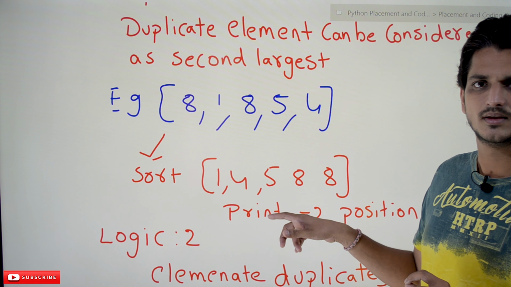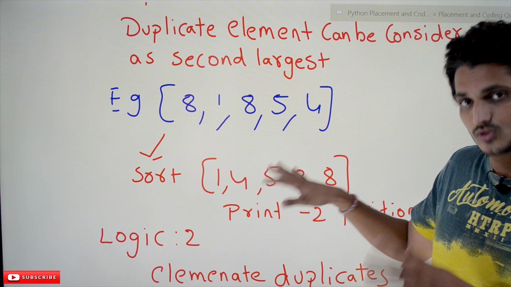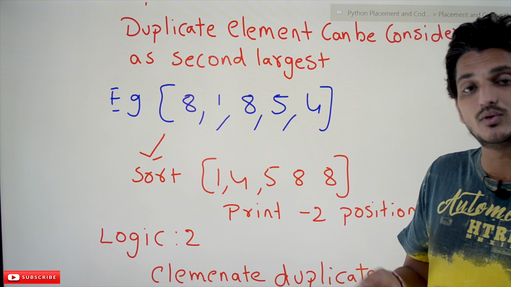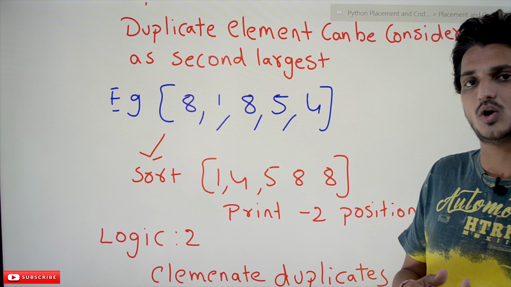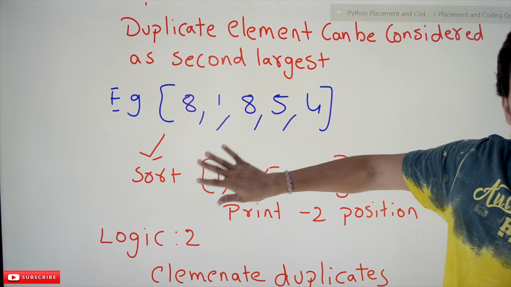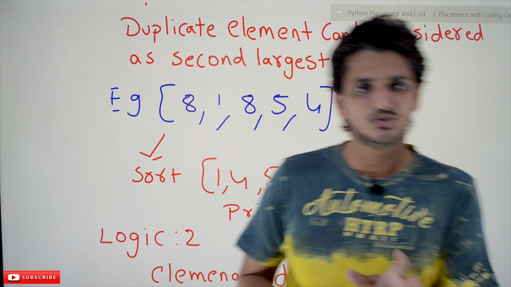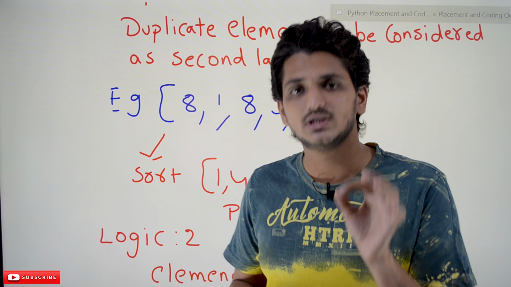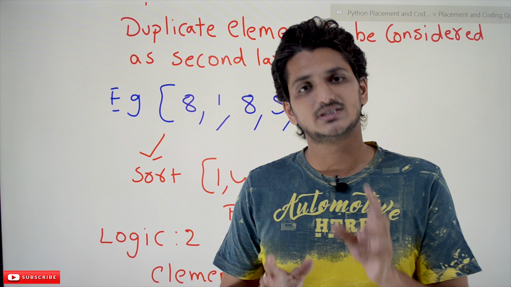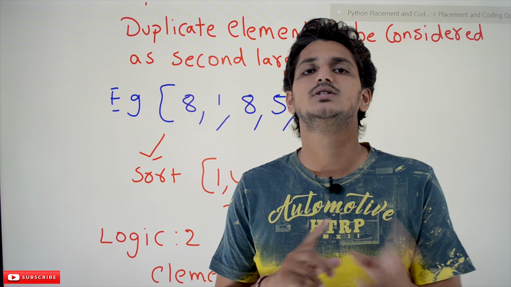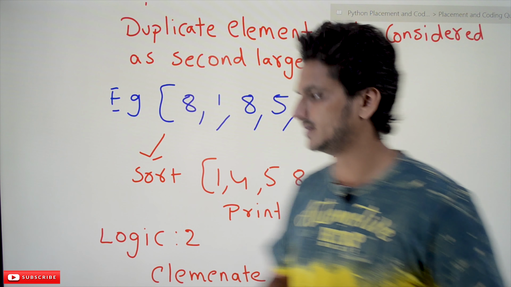So which one is efficient? If you use the sorting method, it will take n log n. If you don't use the sorting method and write the logic on your own, it will take only n seconds. Which one is smallest? N seconds is the smallest. That's why without using the inbuilt method, it will be efficient. That's why in placements sometimes they will ask you to write the program without using the inbuilt methods. During practice, the best way is to practice both situations, using the methods and without using the methods.